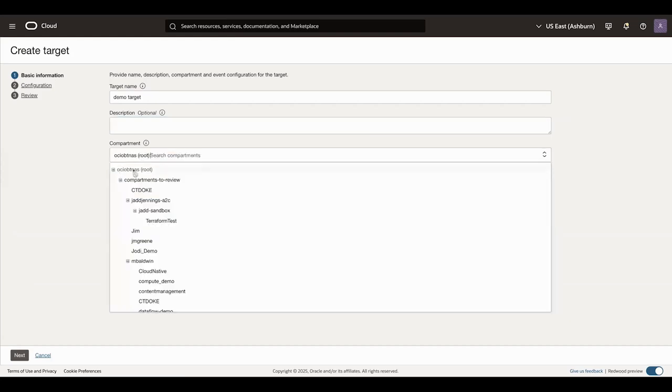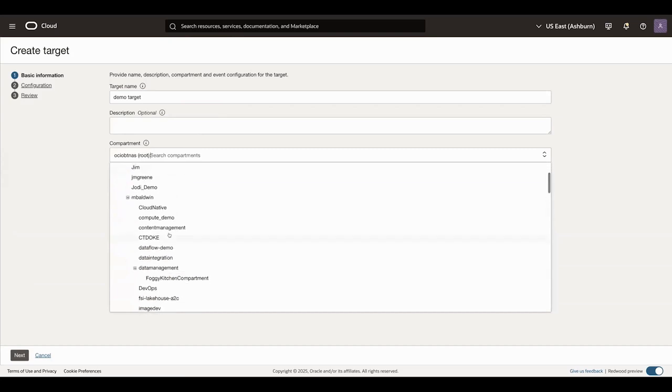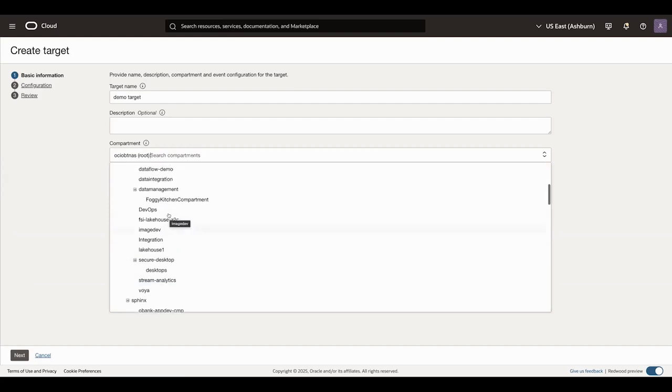So again, if you want to apply this to everything within your environment, you would do it at the root level. If you want to apply it just to a lower level compartment, let's say you have your compartments split up by environment. You have a development compartment, production compartment, and a testing compartment. You can set up different recipe rule sets for each one of those, and then you can apply them accordingly. Right? It doesn't have to be like a one size fits all. You have that ability to customize the policies. So you'll go in, you'll select your compartment,